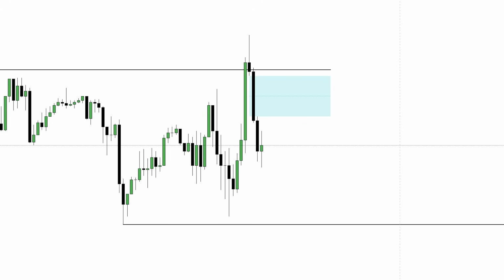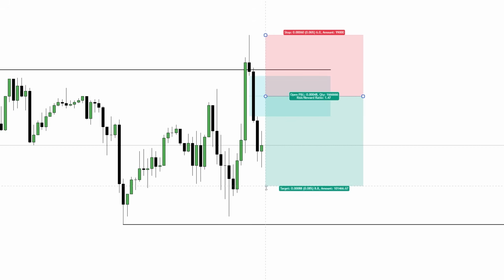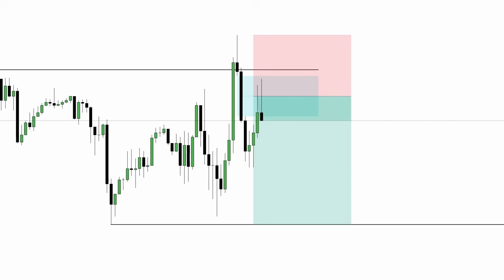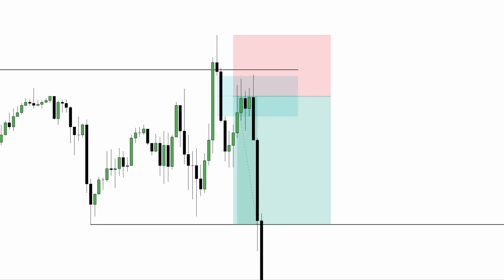The position can be opened in accordance with the strategy and a suitable risk-reward ratio for us, for example, 1:2. The 0.5 level of this FVG is suitable for us. Thus, we receive a test and fast delivery to our target. But how can positions with a high risk-reward ratio be taken if we know the global direction of the market?